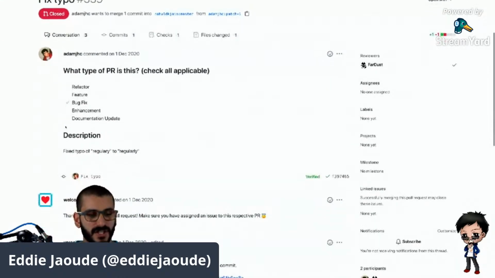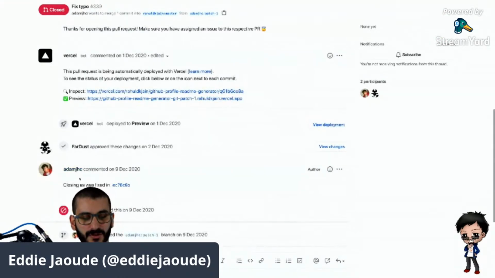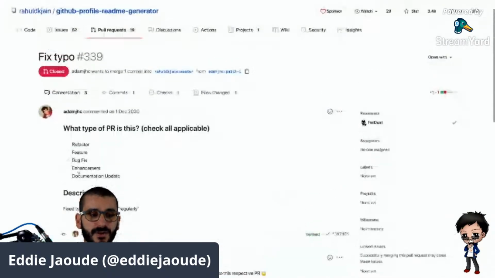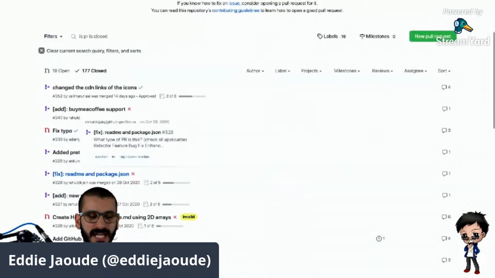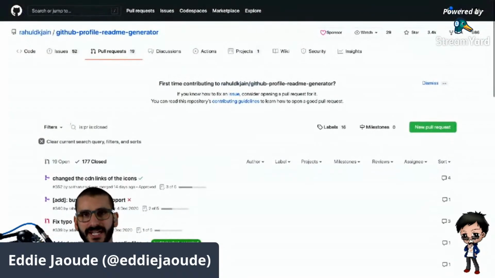So with this one, for example, it was closed. It was closed for what reason? It was closed by the author of the pull request. So that's also fine. But it's important to have a look. You don't want to contribute to a project where the maintainer doesn't want contributions, because there are projects like that. It's very disheartening. So I highly recommend doing a bit of due diligence and checking that as well.